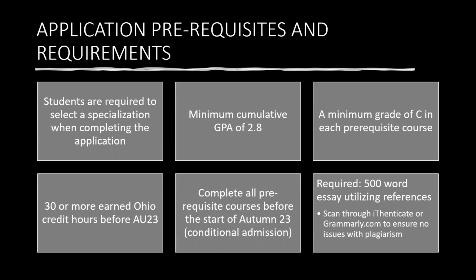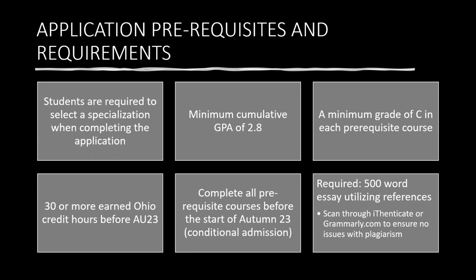So a little bit more about those prerequisites as you look at the slide there. Students are required to pick a specialization area. So again, I did highlight those 2 earlier. We do ask that you have a minimum GPA of a 2.8. The reason for that is it's not a requirement for students after they graduate with a public health degree, but we know a lot of students do go on to graduate school, and we want them to be competitive. So we ask that not only do you apply and have a minimum 2.8, but once you're in the program, we ask that you keep that as well.